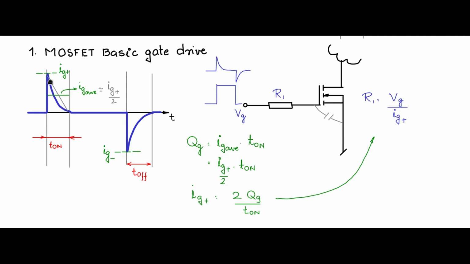It is very, very important to see that the area under this curve is equal to Qg as declared by the data sheet for that MOSFET, so that the MOSFET can turn on. So this is the simple basic building block gate drive for the MOSFET, and all complex MOSFET gate drives are built using just this. This is a 1 resistor gate drive. Just like in the case of the BJT, you had a 2 resistor gate drive as the basic gate drive, in the case of the MOSFET, a 1 resistor gate drive is the basic drive.